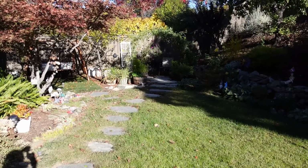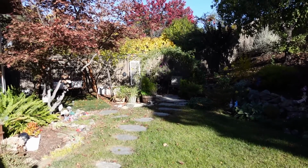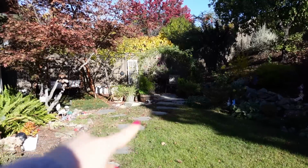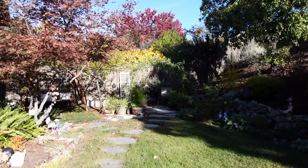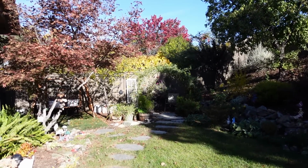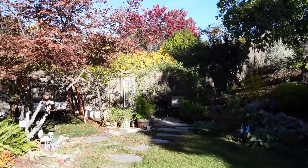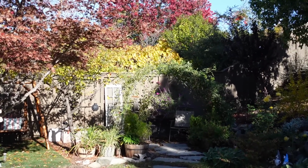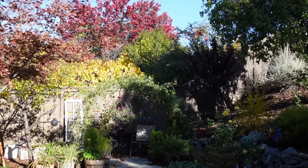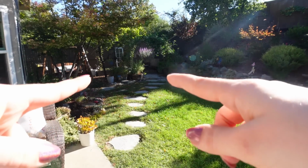So one of the biggest differences you will notice is this new addition of a path right here. You can see it's going from here to there. I'll show you some other morning shots that I have that are a little bit more beautiful, but I wanted to show you this shot because of the glorious colors, because everything is turning red and yellow and orange. Okay, so you can probably see a difference a little bit,